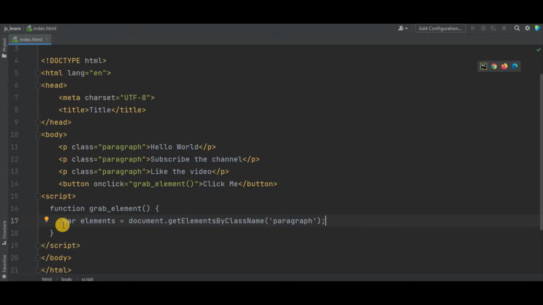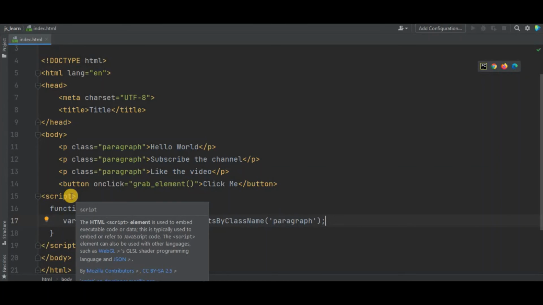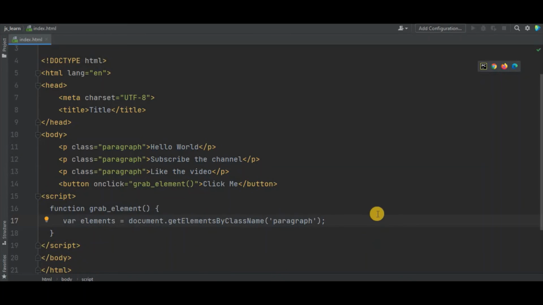I will loop over each element and set its innerHTML to something like hello world so that all the text gets similar. To apply the for loop, I will write for, and inside this for I will write something like let element of elements.